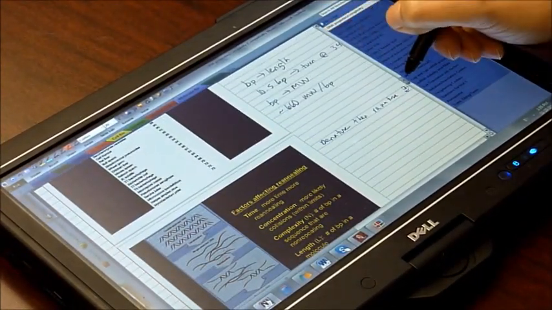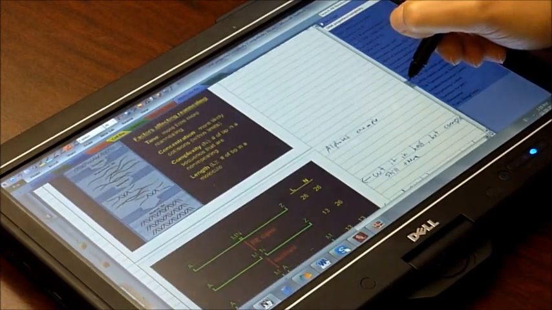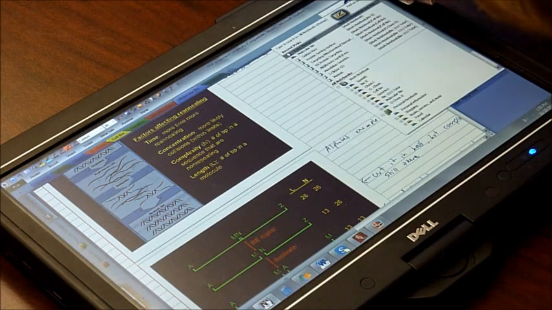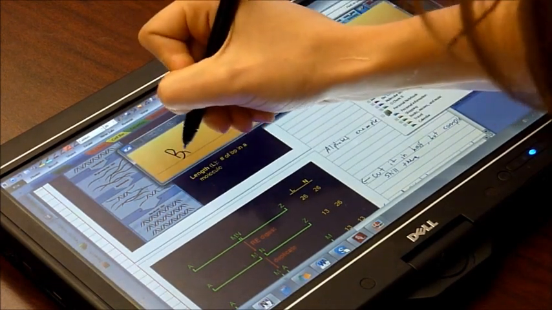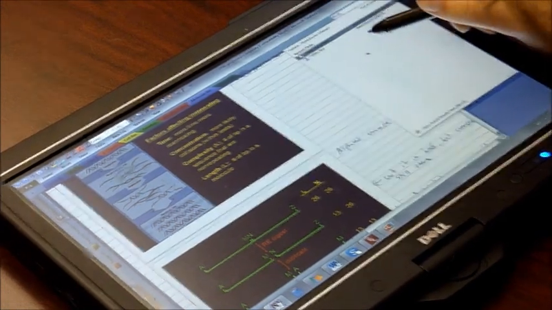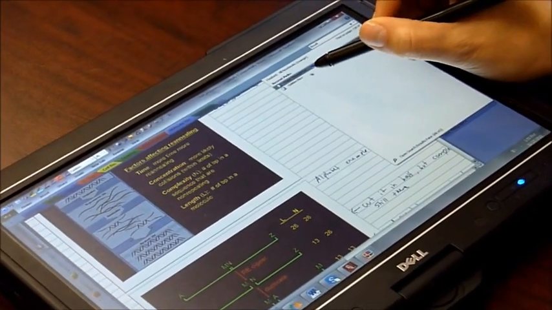I'm in the first lecture from the entire semester, and I had a question later in the semester, and I need to find it. So what I do is I go to search all notebooks, and I type in my keyword, which is Brodel, the name of my professor. Then it picks up right here the actual places that shows up in my notes.